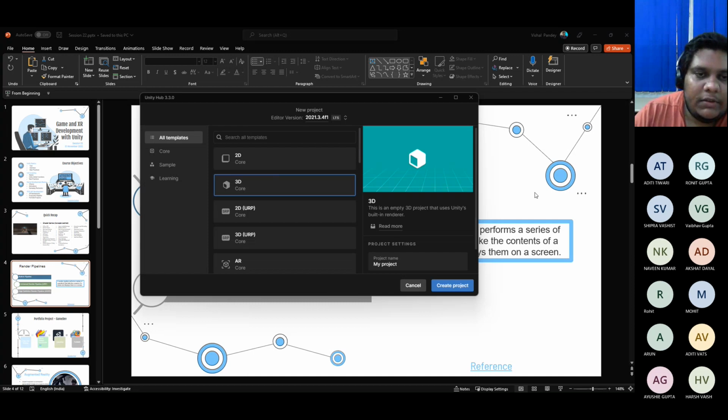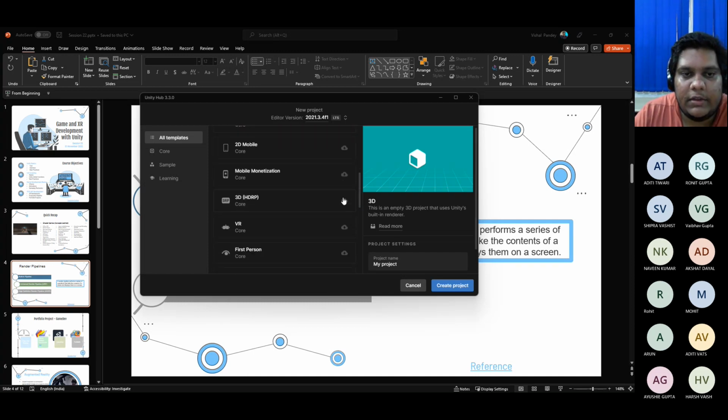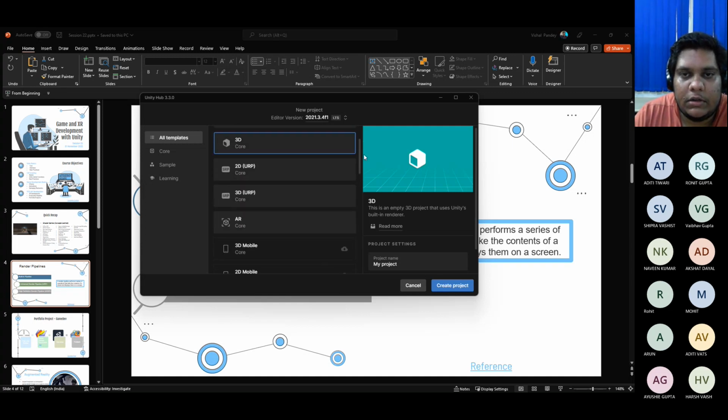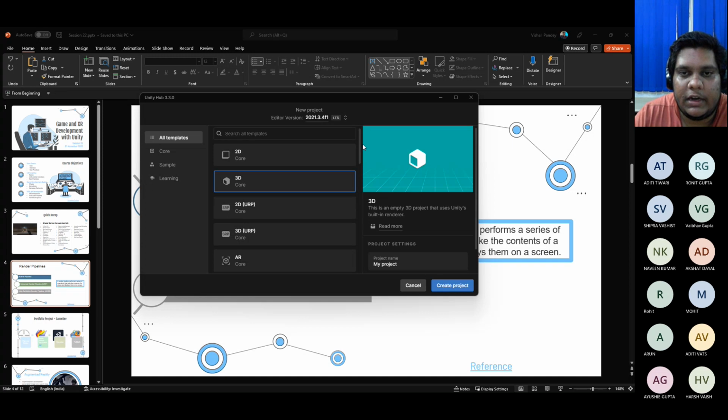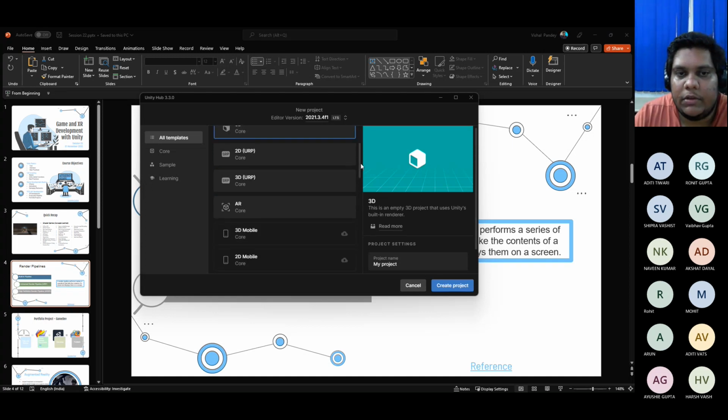Why did we use this? Because URP and HDRP are a bit different. A bit of initial setup is required, which was not required for the things that we were building. But maybe we'll try to use this in AR, because ARCore, I think, expects the URP pipeline. So we'll see, even if it is not required, we'll try to use URP going forward.